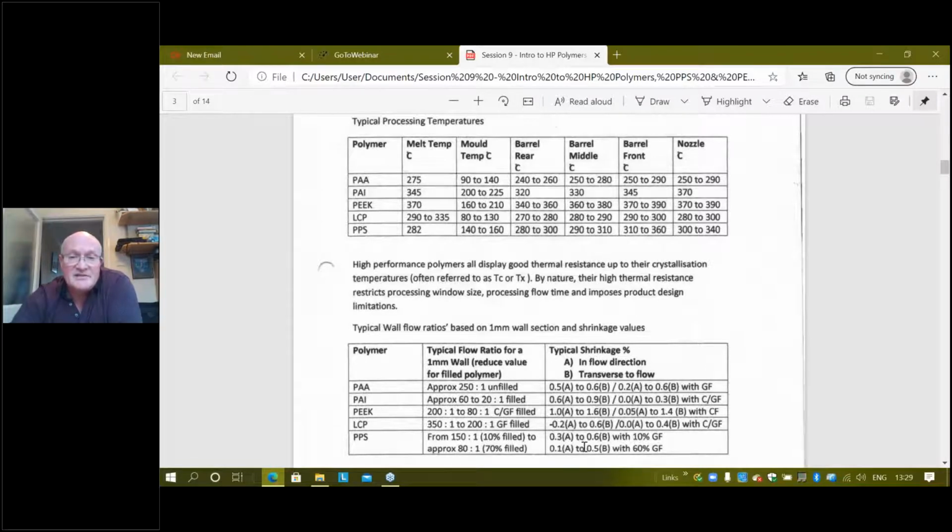PPS is more user-friendly than the previous materials when it comes to shrinkage. For only a 10% filled grade, you've got a good flow ratio there, 150 to 1. Put the filler in it. Now, PPS can have very high percentage levels of filler, and quite often it's a package of mineral fillers and fiberglass. So we mix mineral filler in with fiberglass as a filler package with PPS. That's not uncommon. And as a result of having the mineral filler in there, you can see that there's quite a big difference here in